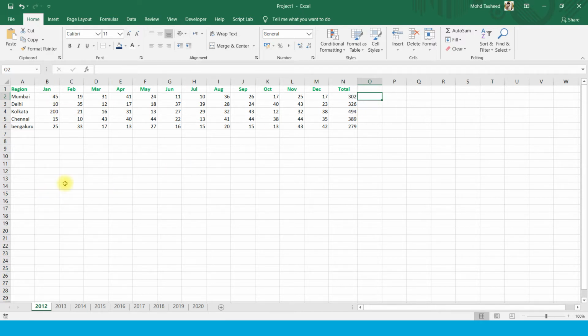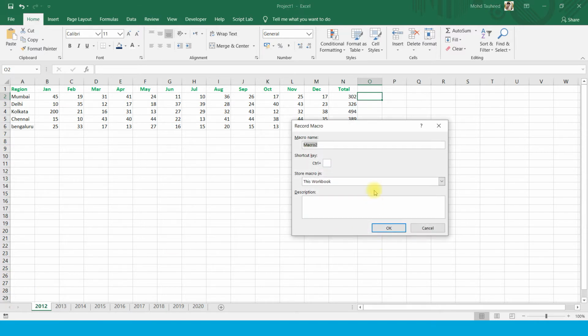If we do it manually, it will take time. So we create a macro to save our time by using the recording tool. There are 3 options to record a macro. One is this icon. We can double click on it, and by giving the macro name, assigning a shortcut key, storing your macro in your choice of location, describing your macro and clicking on OK, you are able to record your macro.